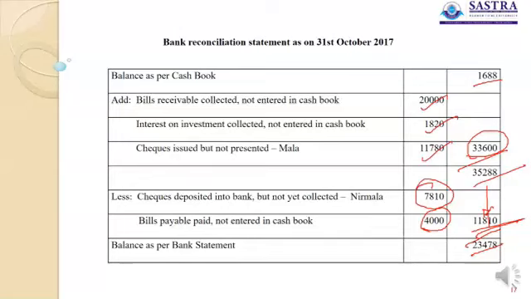In the case where both the books are given with balances, we need to analyze the transactions which are mismatching or which are not entered in either book. Such transactions are to be extracted and clearly stated in the bank reconciliation statement after having symbolized as usual. About the symbolization, I would like to say that symbolization is the heartbeat of the bank reconciliation statement.